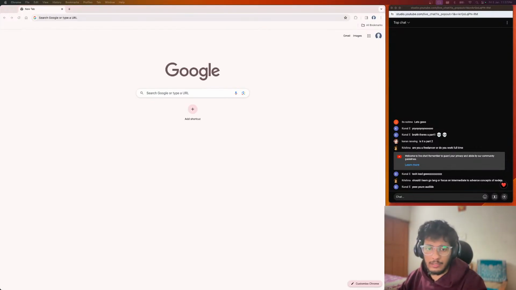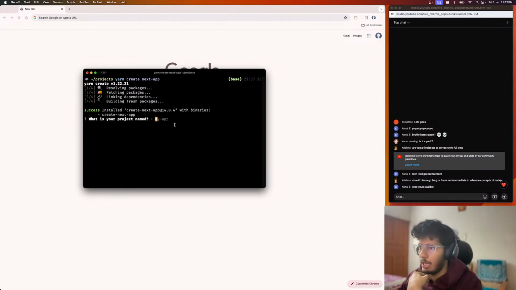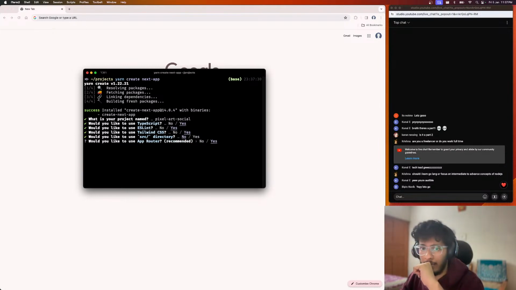I think I can go over here and say yarn create next app. This will help me create a Next application, and let's call it pixel art social. I don't know what I should name this project. Do I want to use TypeScript? Yes, I do. Do I want to use ESLint? Yes. I want to use Tailwind CSS. I don't want to use src,